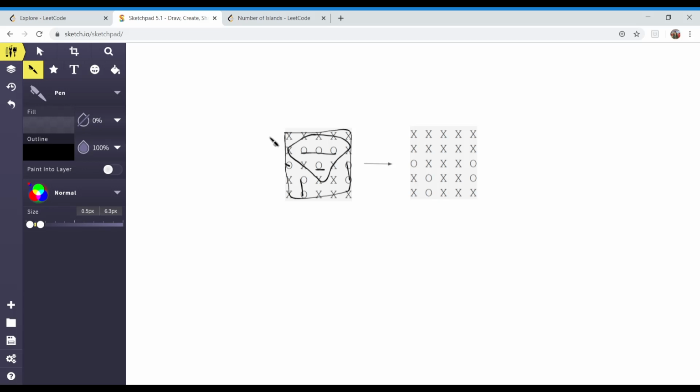Now, how are we going to implement our algorithm? Basically, for each of the rows, we are going to check its zeroth column and the last column. In case it is O, we are going to change its value to some special character, so that at the end we know that we don't want to change this particular O. So if we check this particular row, both zeroth and the last column are X, so we are going to keep them as is.